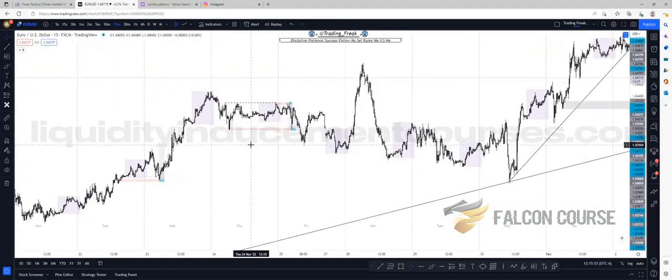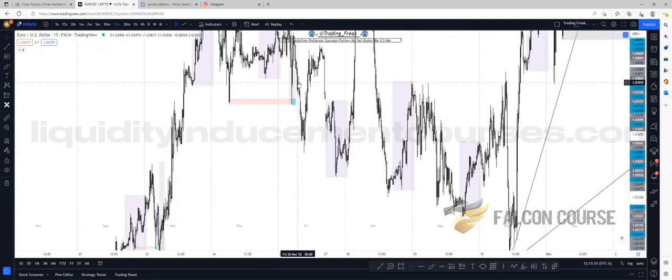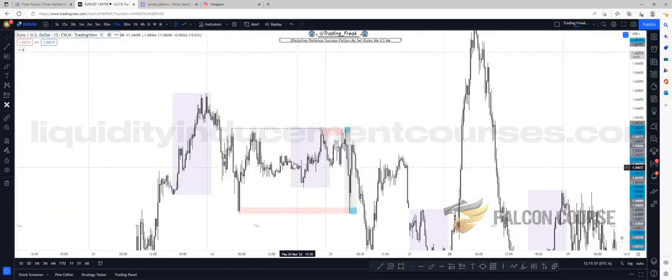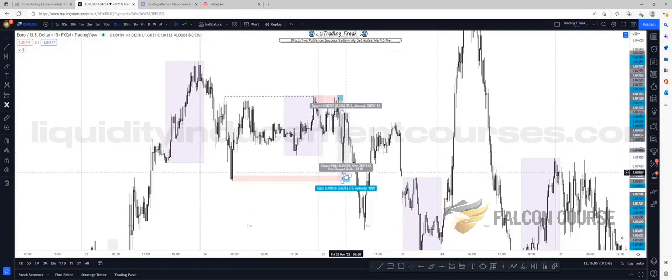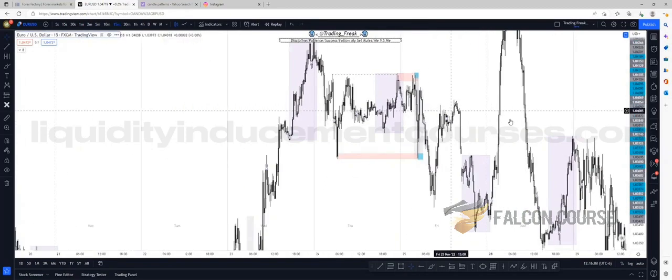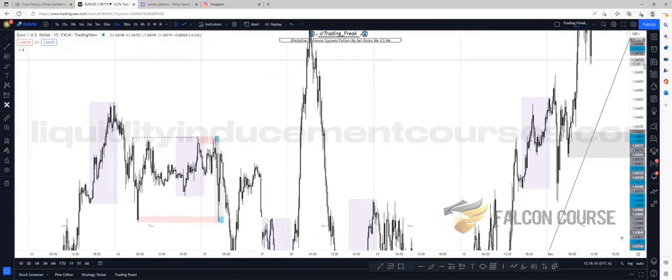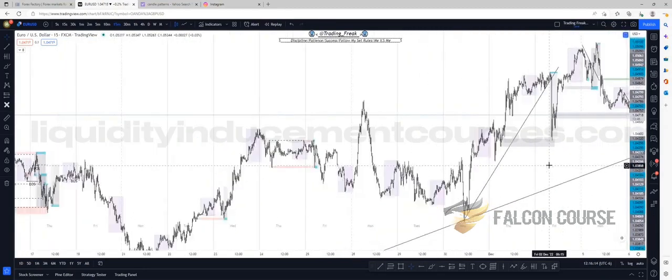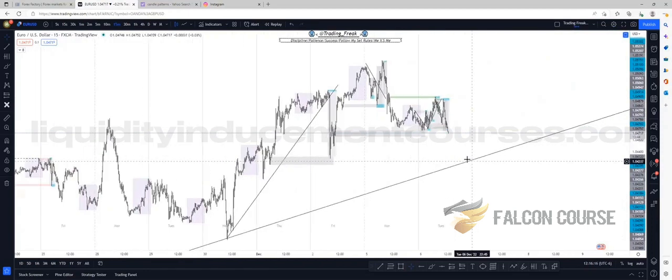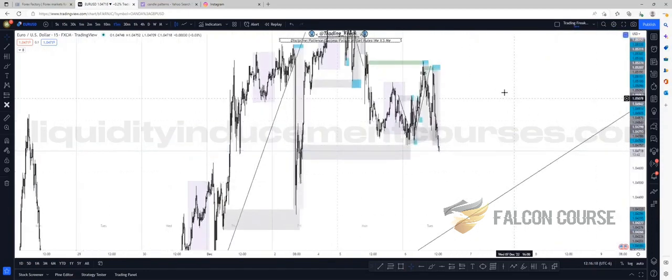So if I could find one, like maybe right here. Like Asia right here, you see Asia takes out liquidity, and now we have a strong Asia high, and now we were able to trade off of Asia high and start trading downwards. Yeah, Asia could be strong sometimes. Okay, got you. Right. So previous months, weeks, days, all that could be a target liquidity.